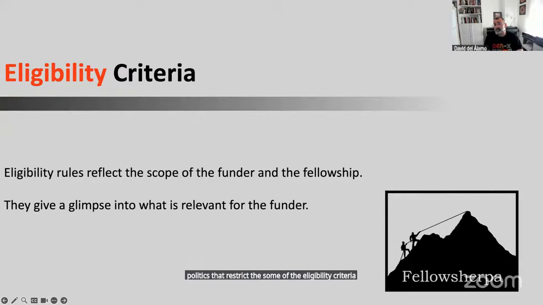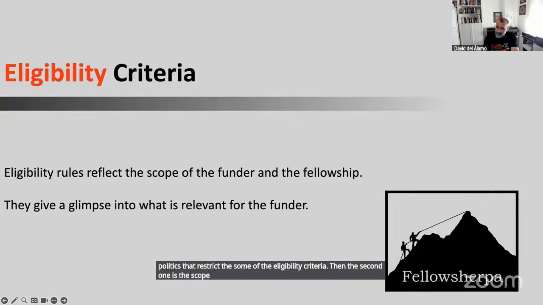Then the second one is the scope. The scope itself defines the type of person you want in the fellowship. You may want to fund, for example, early career researchers. So then you put a limit on the number of years after your PhD in which you can apply, etc. Yeah. And the third